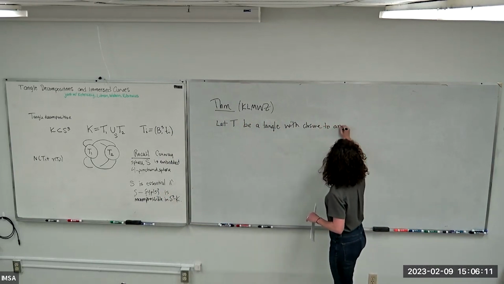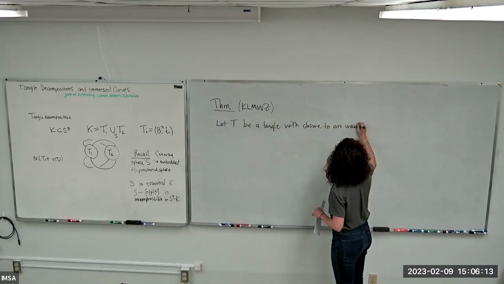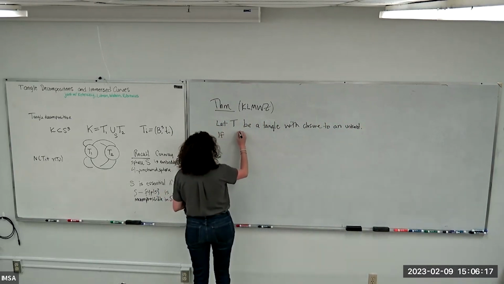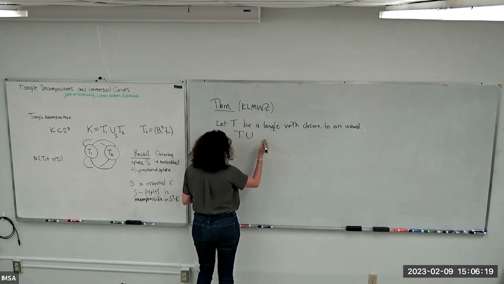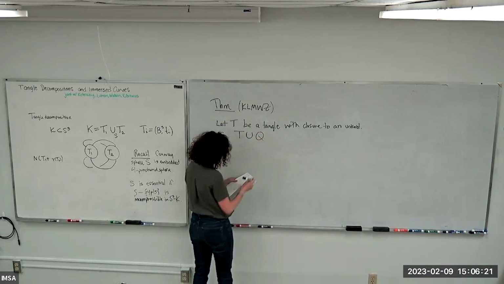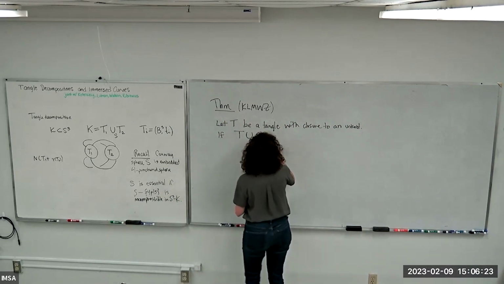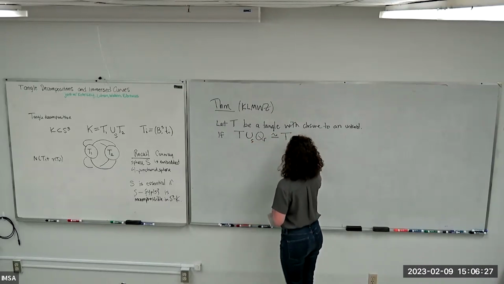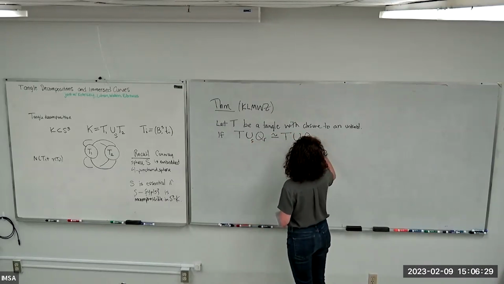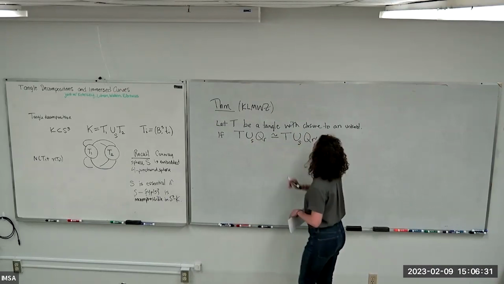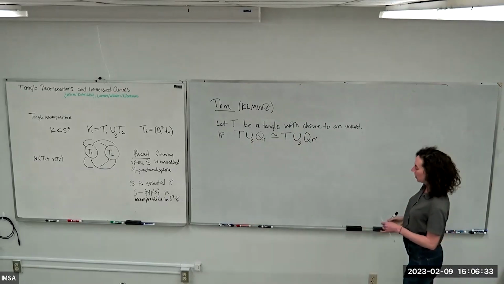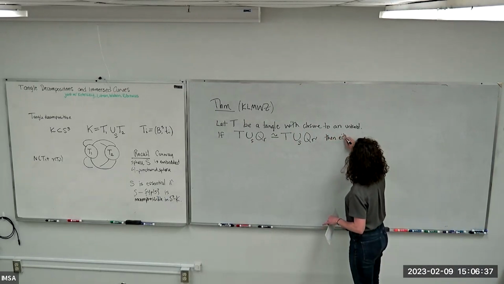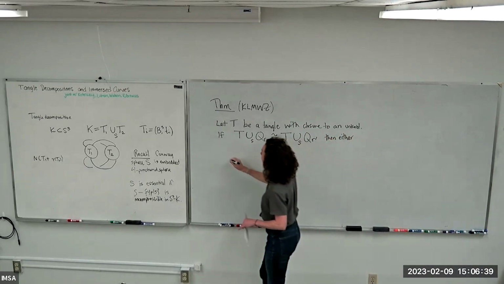Then if T closed off with some rational tangle QR, so there's this rational closure, is isotopic to this different rational closure QR prime, with this type of tangle decomposition, then either the tangle that we started with was a rational tangle,